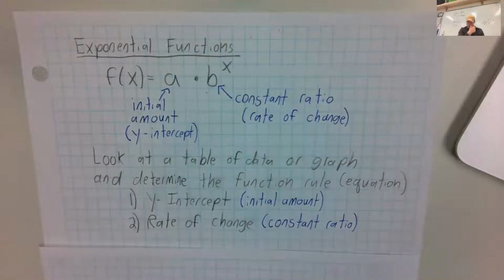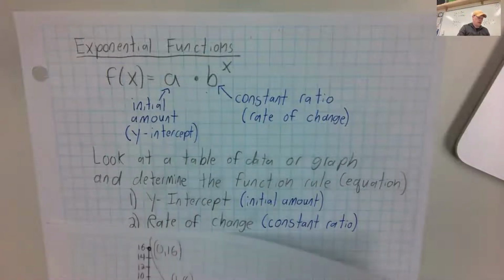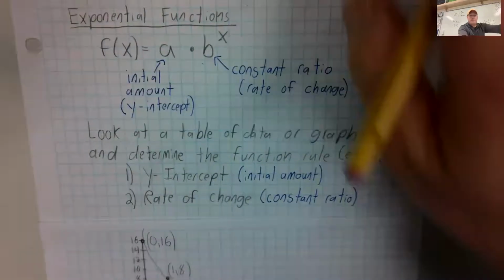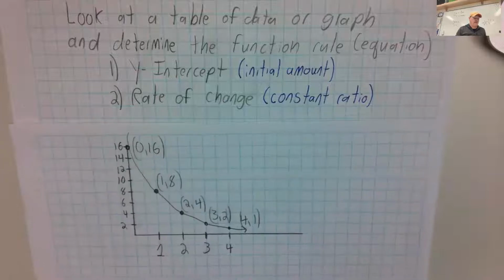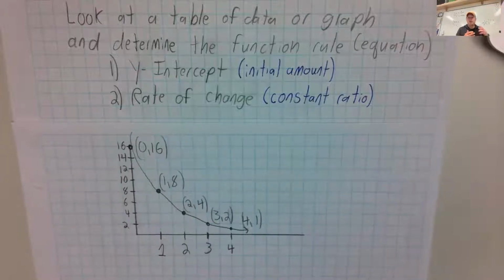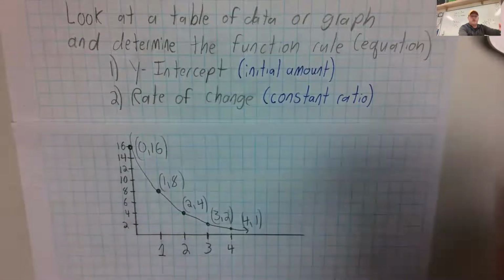So two steps. We're going to start with a graph. Up until this point, I've given you a formula and you've created a table and then a graph. Now I'm going to give you the graph or the table of data, and you are going to give me the equation. And it sounds difficult, but it's pretty straightforward. There's just, again, those two things we need to figure out. So we are looking for